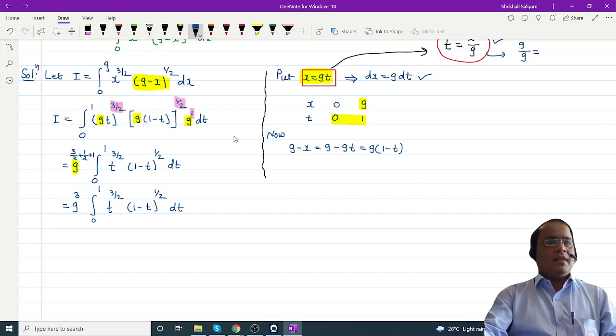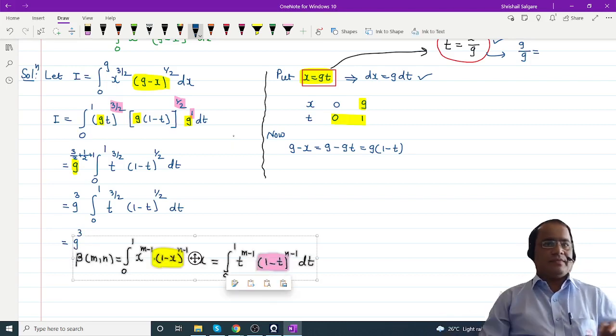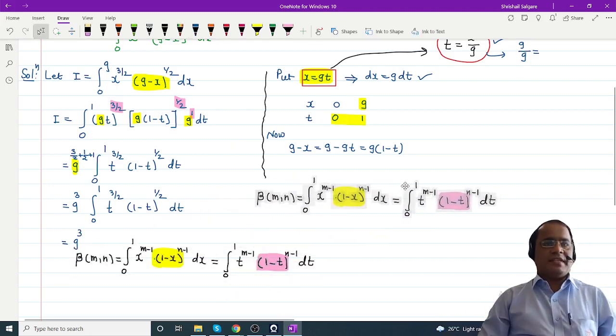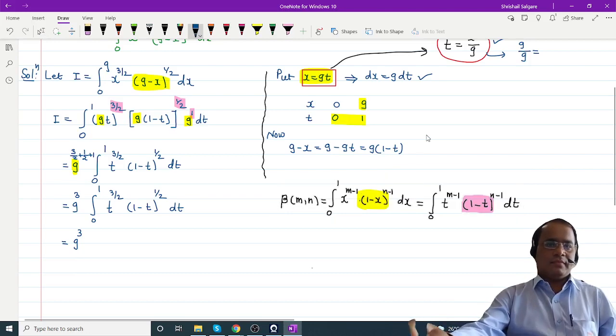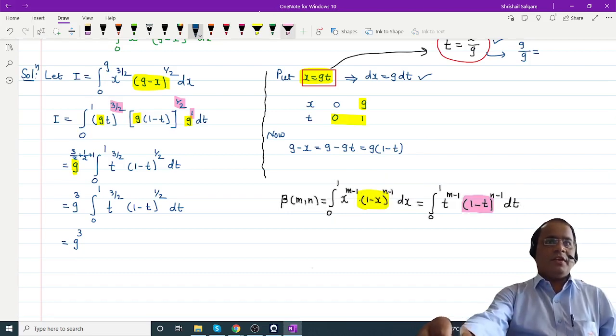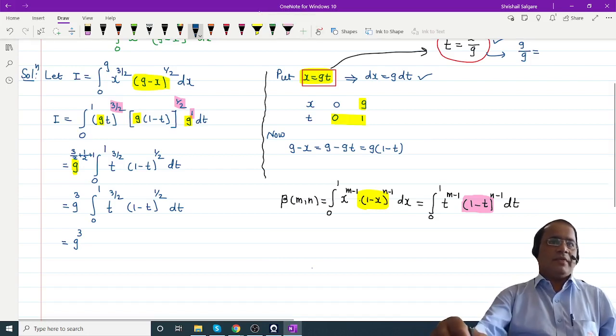Now, Atharv, can I write this integral as a beta? For your understanding, the definition is with you. Can I write this integral as a beta? Atharv, are you in the meeting? Yes, sir. Okay, tell me. Can I write it as a beta? If you want, I will highlight the term. Yes, sir. We can write. Okay, tell me the value then.